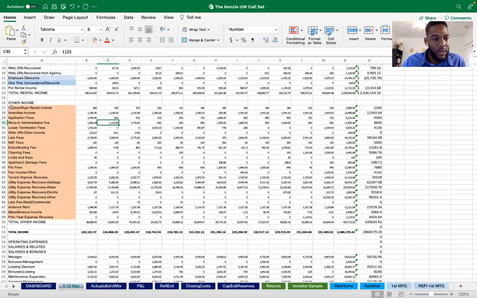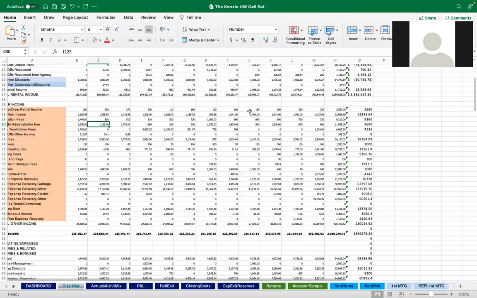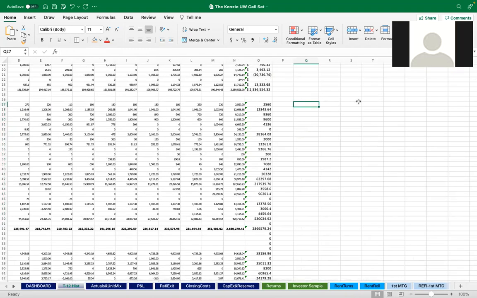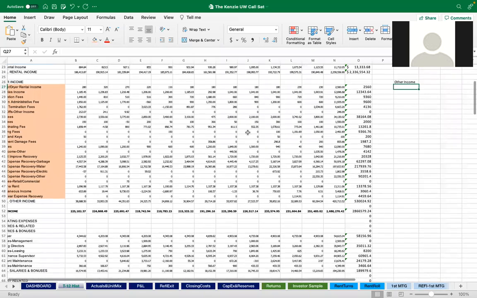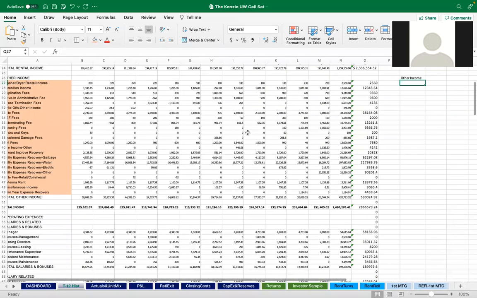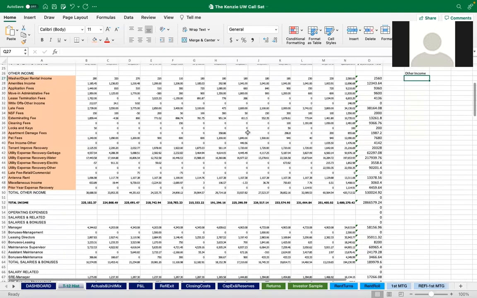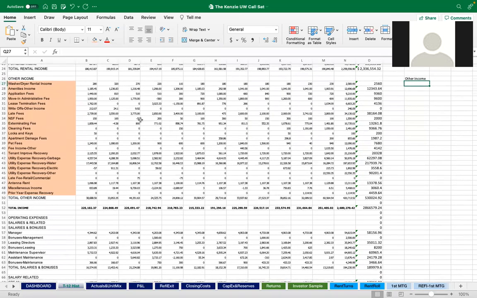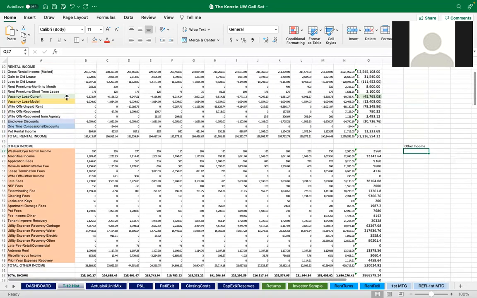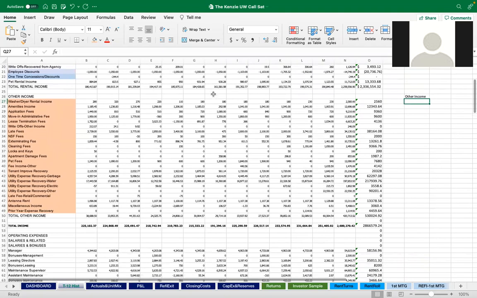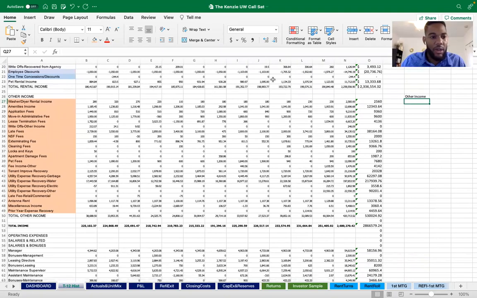Hey, Ed, what's up? Okay, let me chime in right quick here because other income, as an example, late fees. If nobody was late, then you wouldn't get that income. So there are certain other incomes that are bad income. Some things, like late fees, key repairs and things like that, I don't think should be other income, because if you did not have those, then you would not have that income.